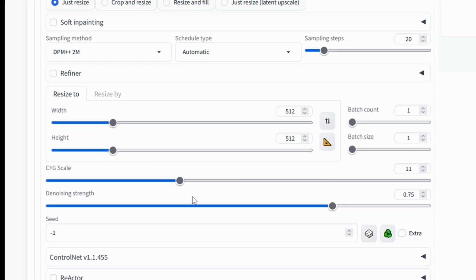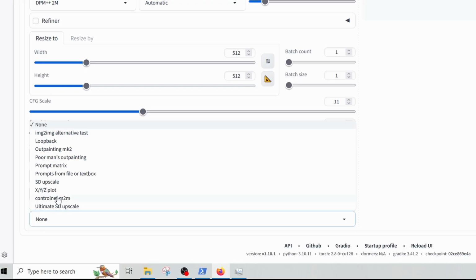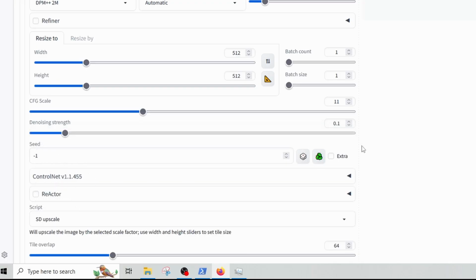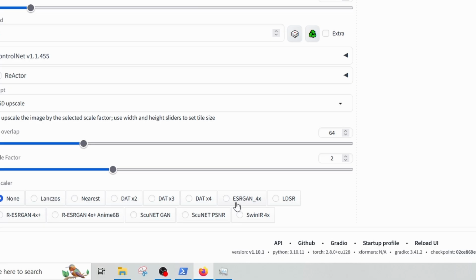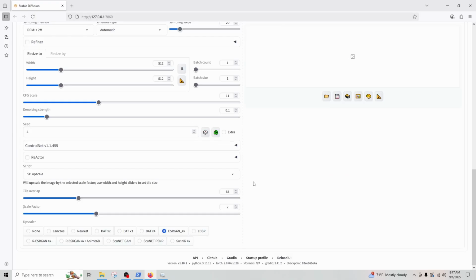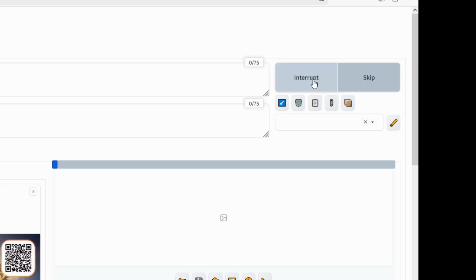11. We're going to change the denoising strength to like 0.1. And then under scripts, you're going to select SD Upscale. Scroll down a little bit and then select the option that says R-ESRGAN underscore 4x. Now that I've done that, I'm going to go ahead and come back up here and go to the generate button. And you should see in a moment